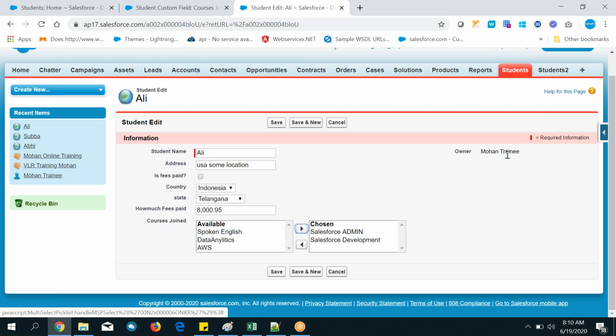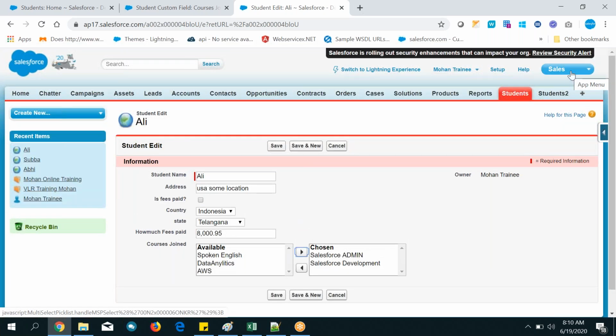When we were working with the tabs for applications in our first overview class, we saw the same kind of thing, right? So here also that is called multi select. Multi means more than one, you are selecting more than one pick list value, so that is called multi. Select multiple values. Okay, save it.